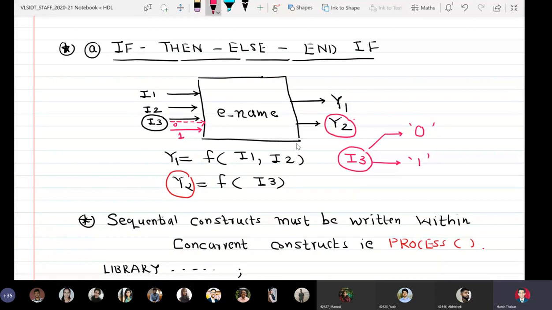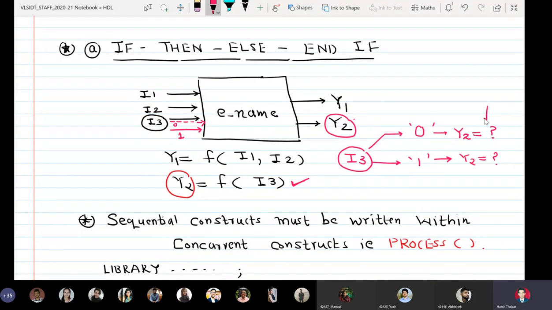So that is why we have said that the output y2 is a function only of the signal I3. So I3 can be logic 0, logic 1. We will decide that if I3 comes as logic 0, then what is the value of y2, and if I3 comes as 1, then what is the value of y2.